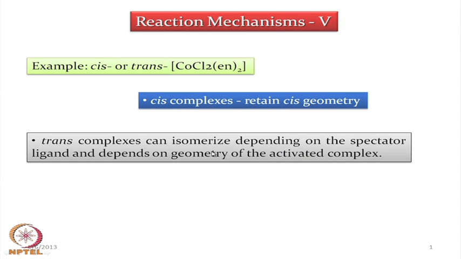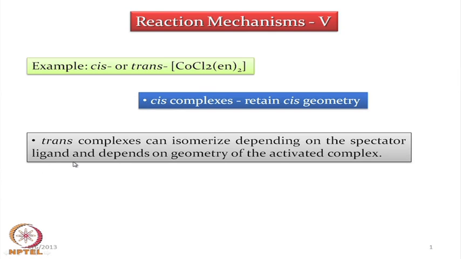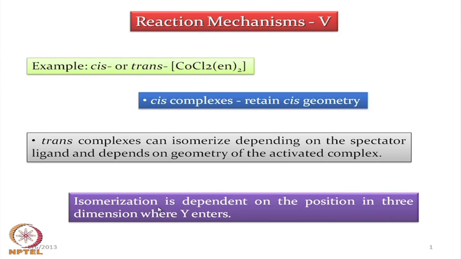So, the ligands which are still present around the cobalt center, those ligands we are considering as the spectator ligands, and for those spectator ligands, when we consider the corresponding geometry, we can have again two different options, that means either a square pyramidal one or a trigonal bipyramidal one. So, in case of this trans complex, what we find is that isomerization will take place. Unlike the cis form, in this case the isomerization will take place and is dependent on the position in 3